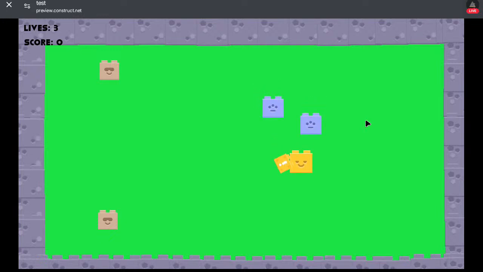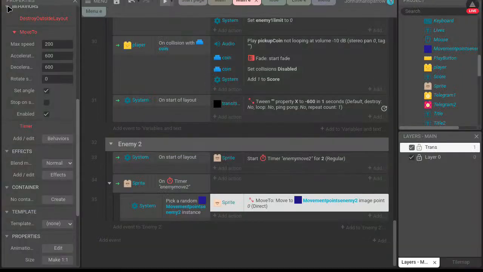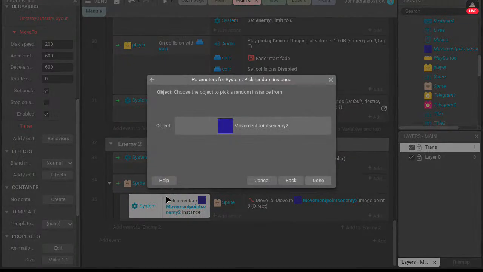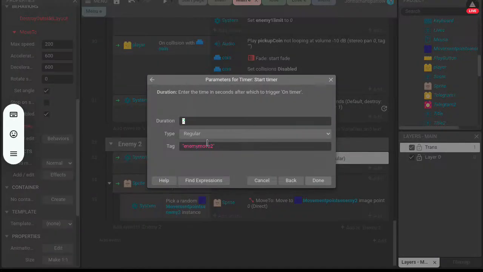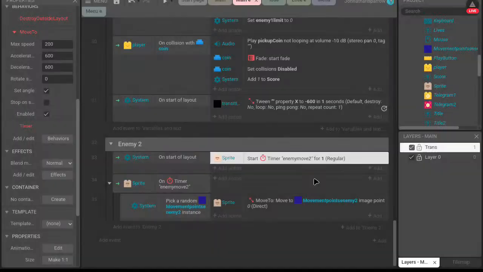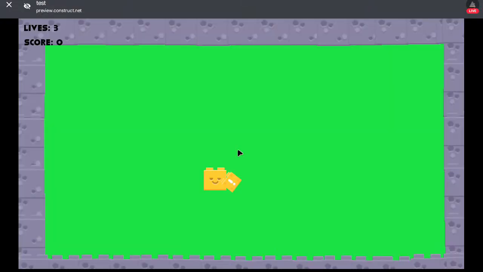Why is it not moving? Why is it not moving? Oh! Well, maybe I'll set it to 1. Again, why is it not moving? It's gotta move.